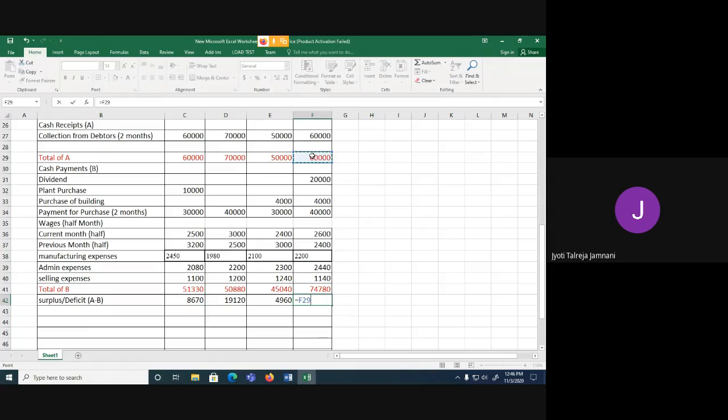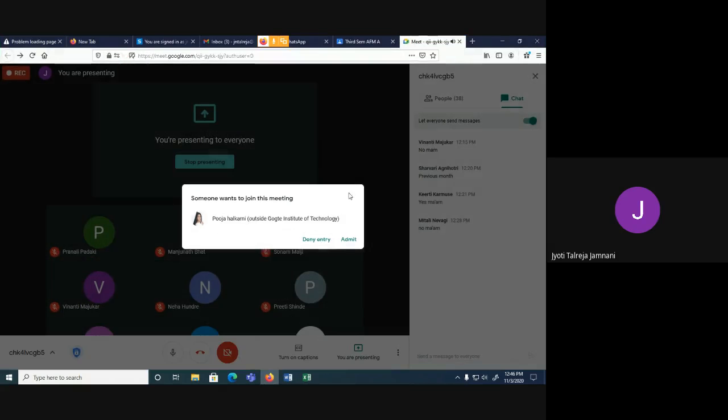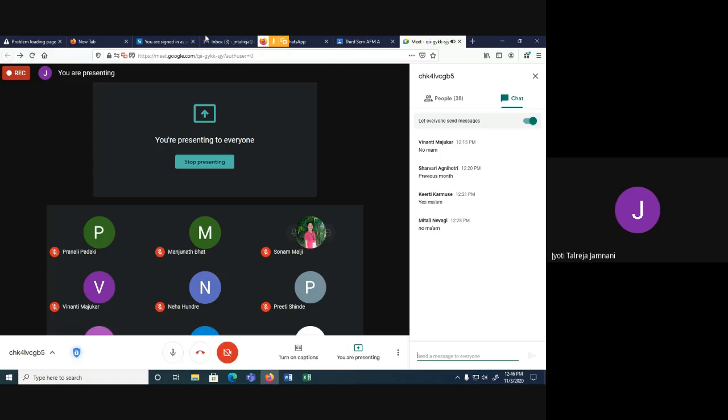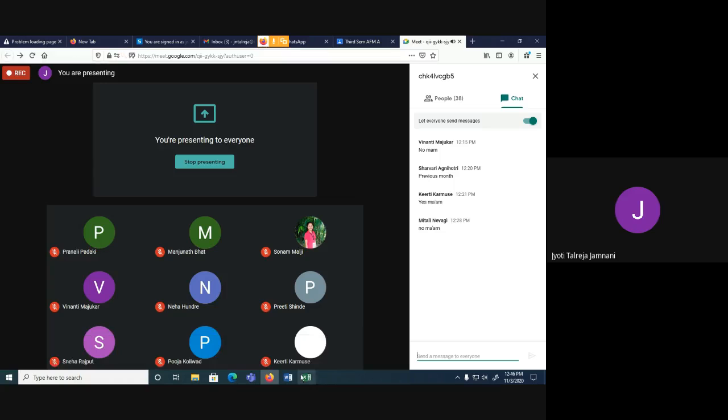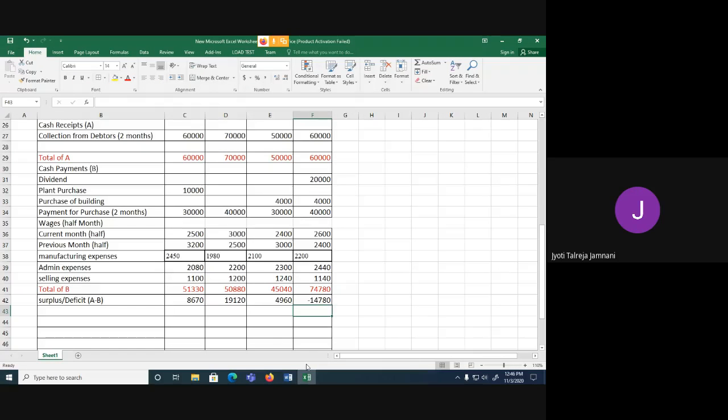April: 60,000 is the receipt minus 74,400 payment. So you get 14,780 as your deficit. So this is how the surplus or deficit is actually working. Now what we have to do, the next step, is to add the opening balance. So we write here add